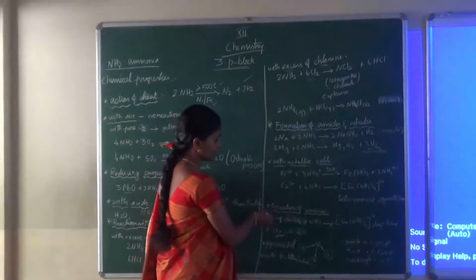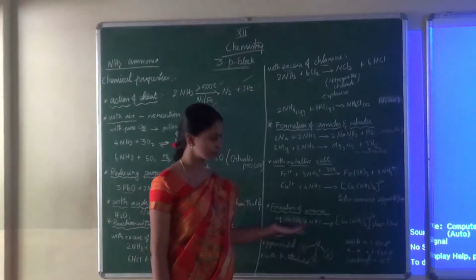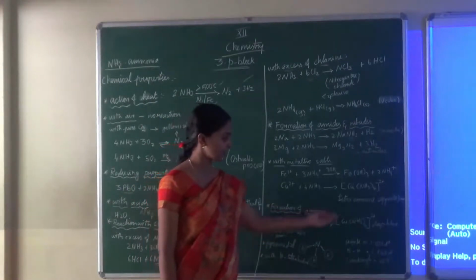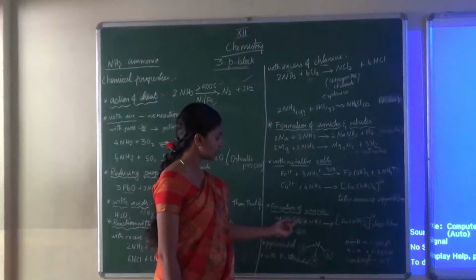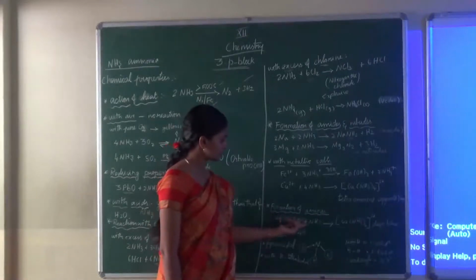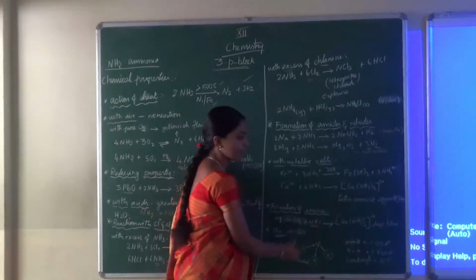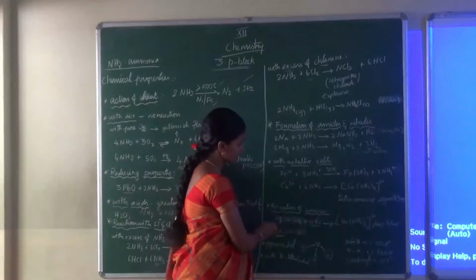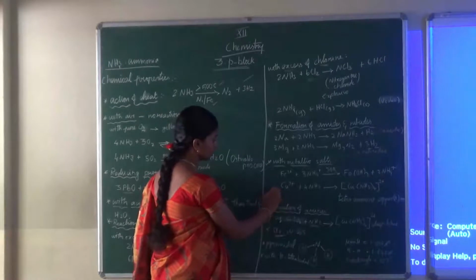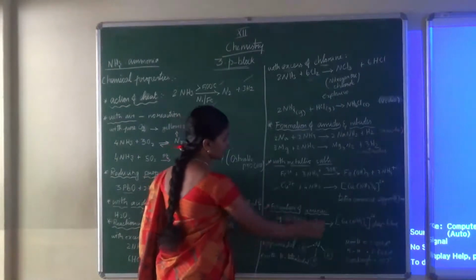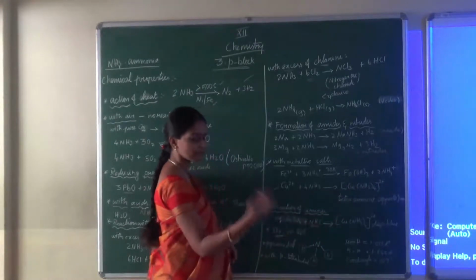Next one here, formation of amides. When we treat ammonia with copper sulfate, it produces a complex. The complex color is deep blue. This complex ammonia has free electrons when it produces the color. Again I repeat, this metallic salts property and this formation of amides, both are coordination complexes. We are going to discuss them in the 5th chapter.